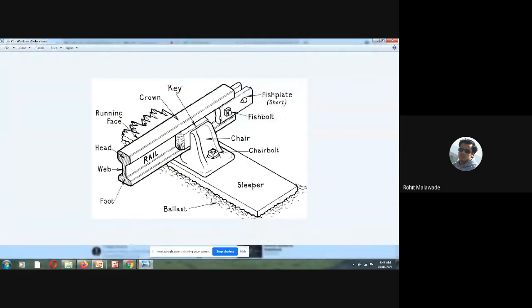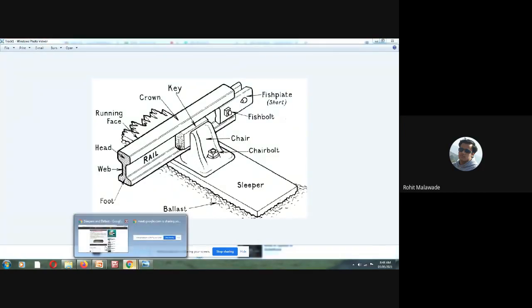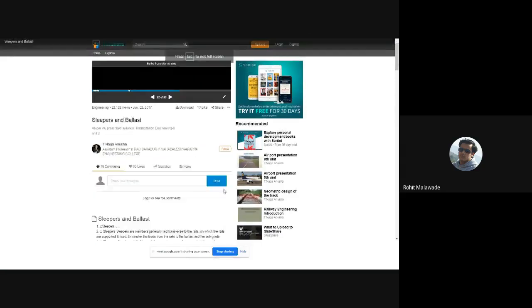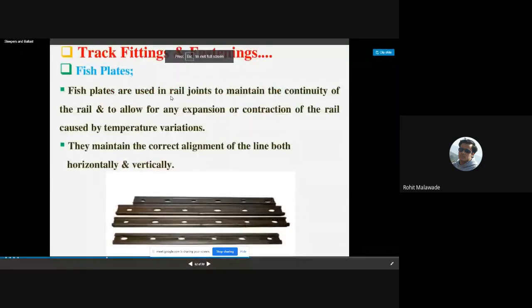These are nothing but the fish plates. They are used to join the rails with each other, to maintain the continuity of the rail, and to allow for any expansion or contraction of the rail joints caused by temperature variations.